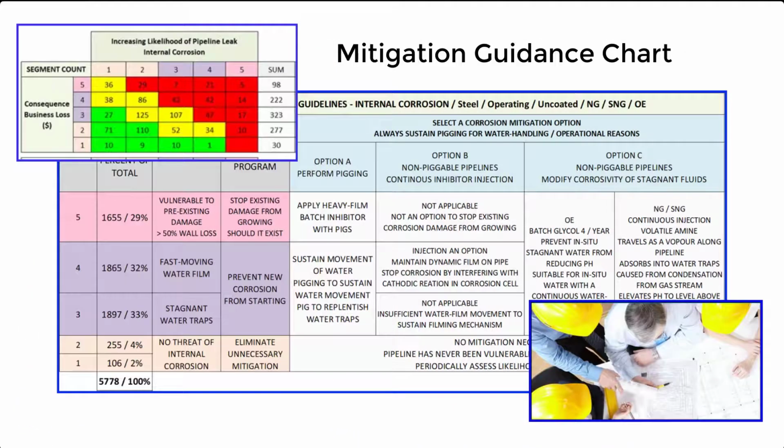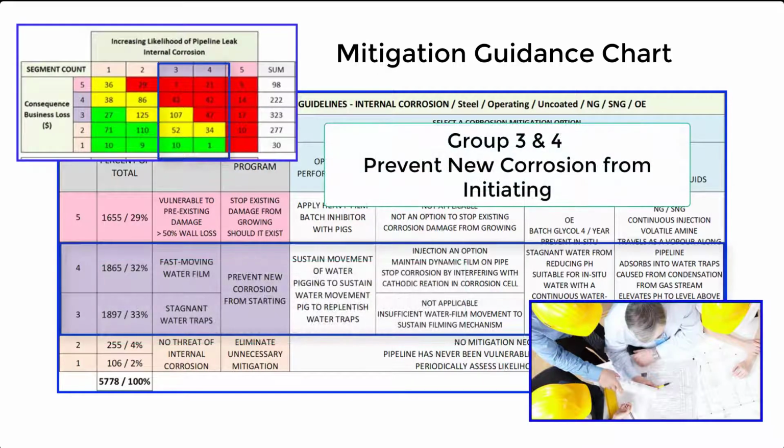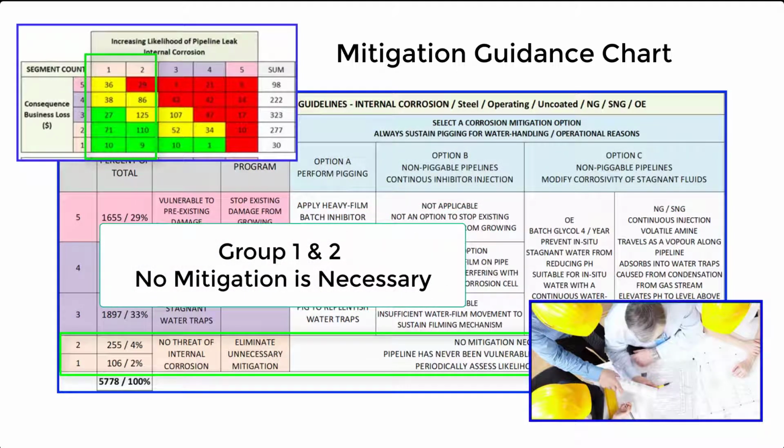Based upon the TRIAGE severity score, we publish a hierarchy of mitigation options. For Group 5 pipelines, the mitigation guidance is designed to prevent the growth of pre-existing corrosion damage. For Groups 3 and 4, the objective is to mobilize the water film or condition the water film to avoid the initiation of new corrosion damage. For pipelines in Group 1 and 2, never considered vulnerable to internal corrosion at any time in their lifetime, there